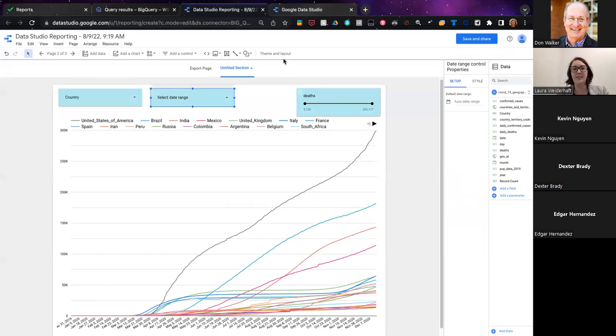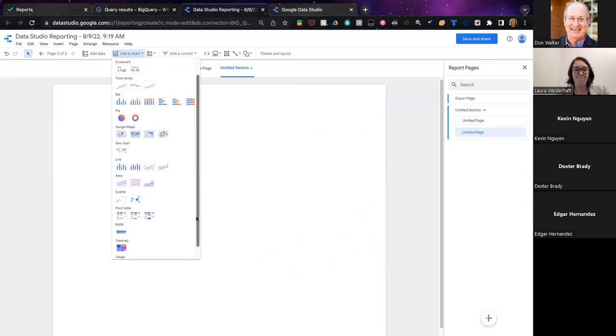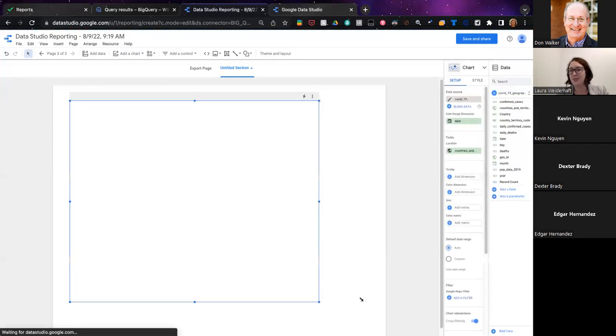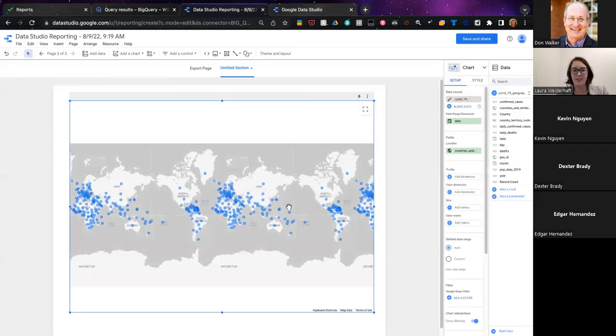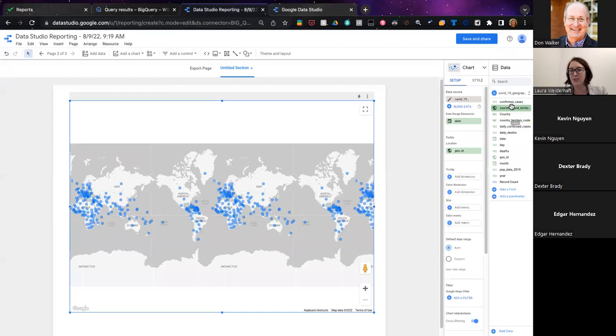And then let's take a look and see if there's a maps element that might be interesting. So we are getting the geo ID and countries working.